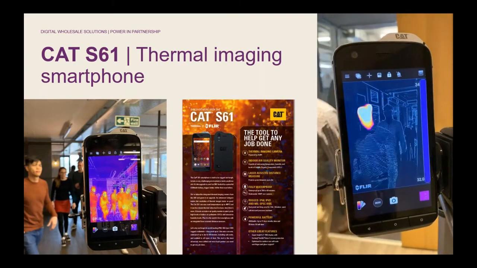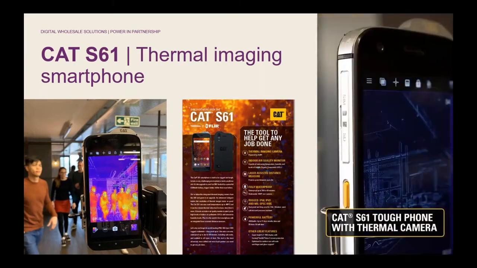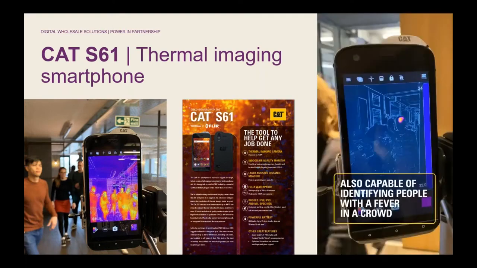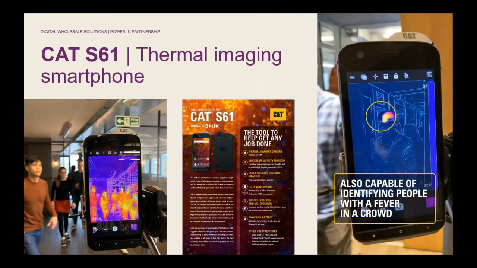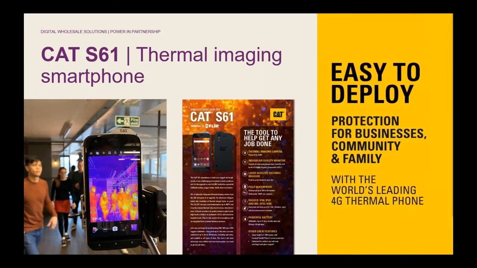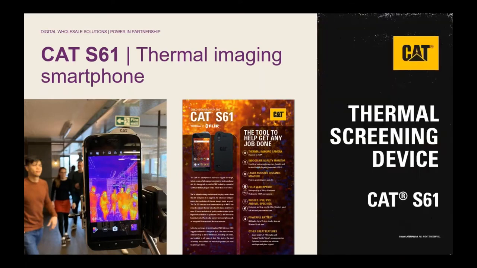In the current situation that we find ourselves in, with a potential transition back into offices, and consumers being allowed back into restaurants, pubs, and various other venues like cinemas, and eventually stadiums, this device offers the ability to scan body temperature, which could potentially be really important in securing an office